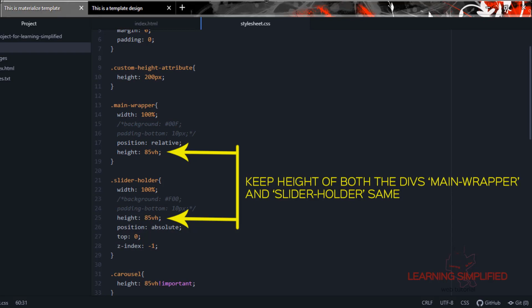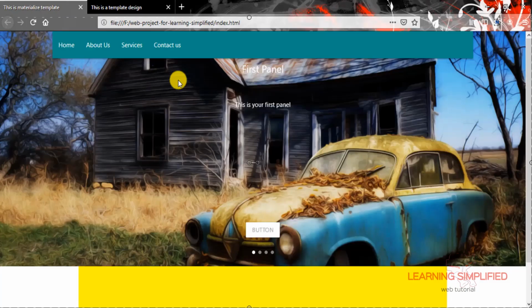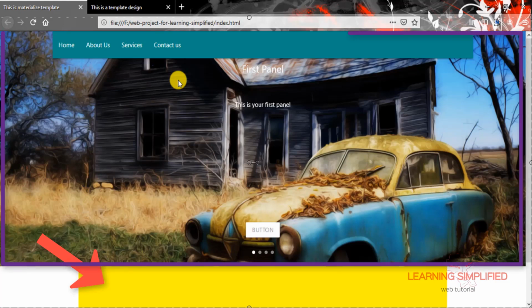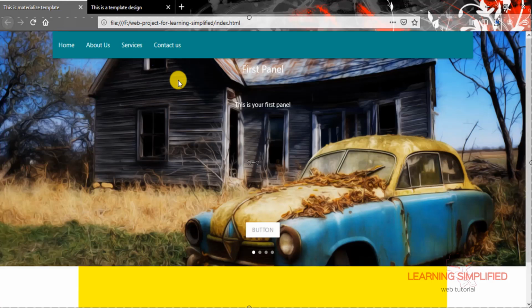That means we are practically setting the height of both the slider holder and the mother wrapper at 85 VH, and only after that can we solve the problem. There it goes, and that is why we can see now that the next div or block element is practically lying beneath this individual mother wrapper, which it is supposed to be. Let's continue to the next part.